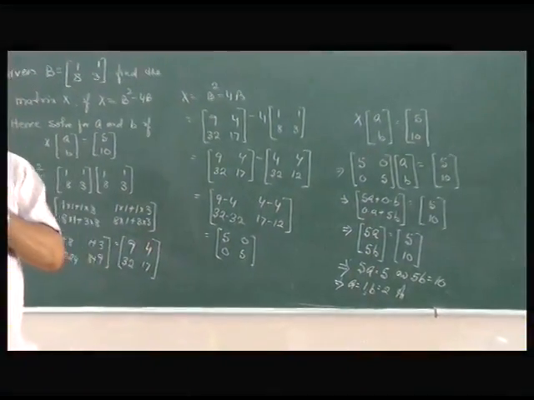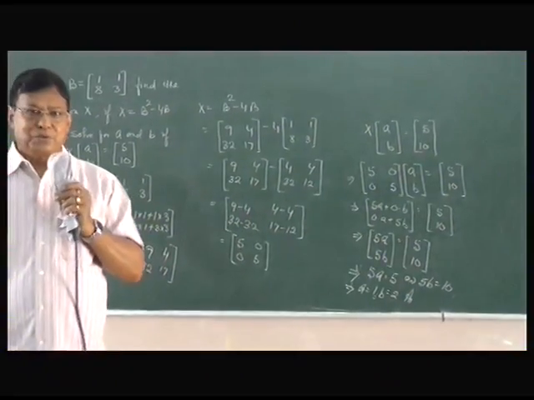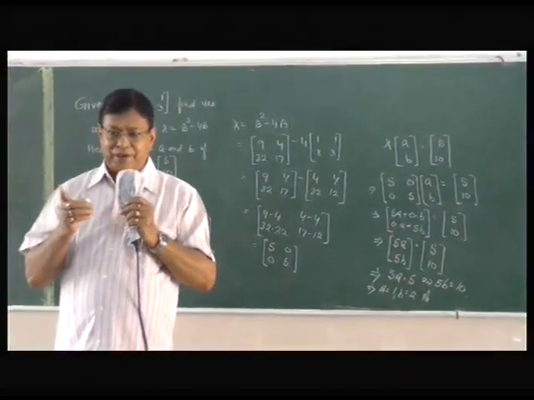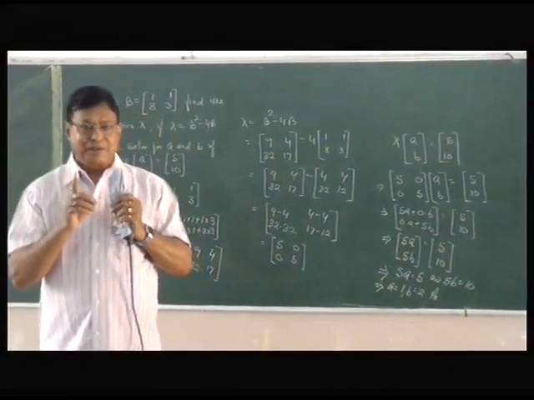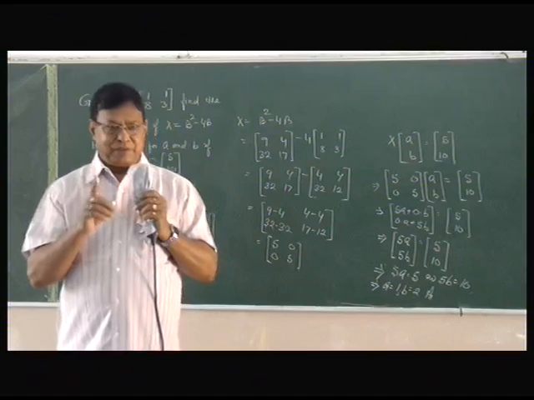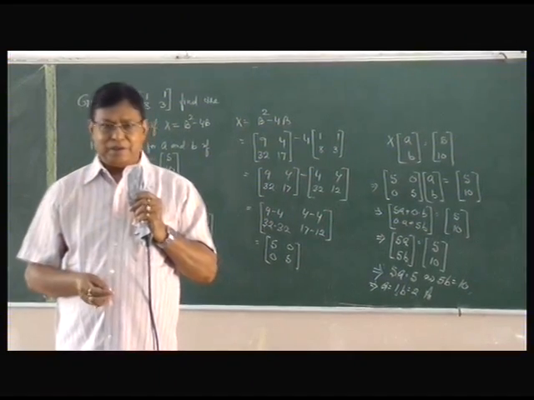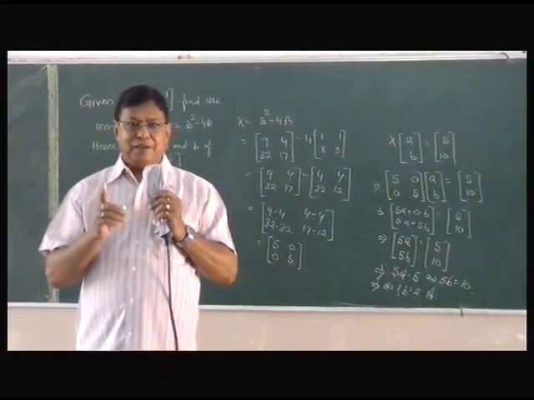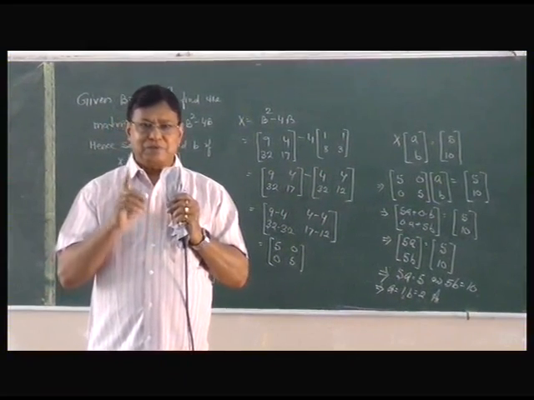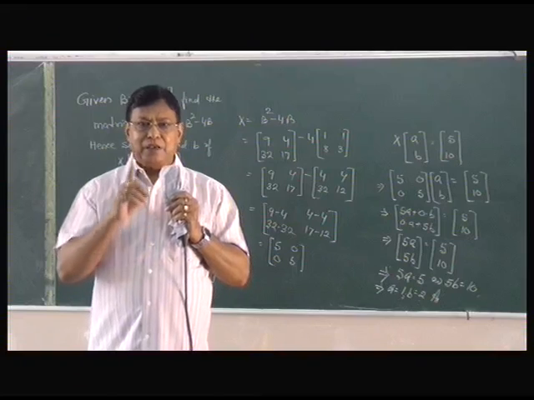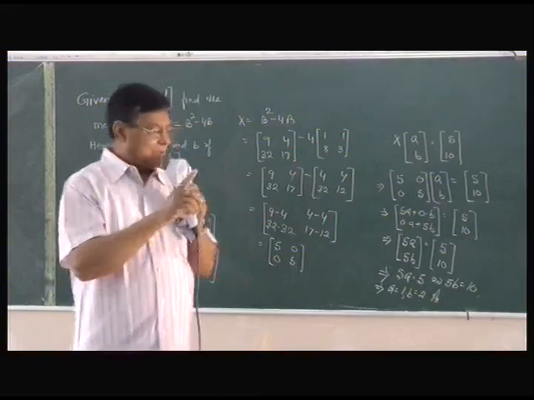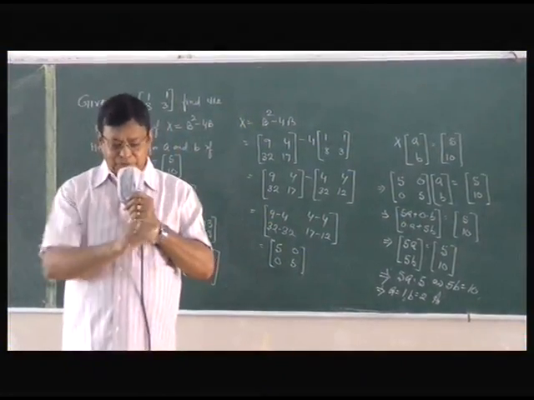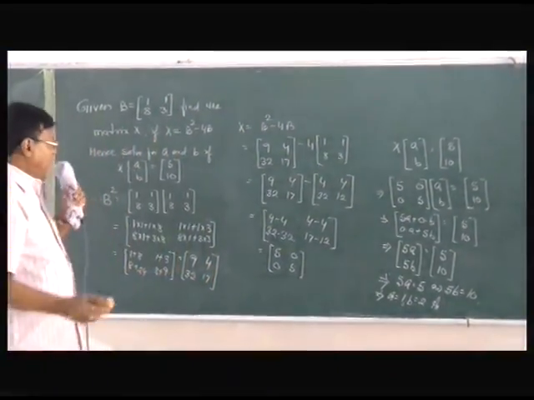So I repeat, in the two sums which I did, I go back to the matrix in the beginning. What all we did? Multiplying a matrix with a scalar. We have done it. Multiplying two matrices together. We did that. Addition of matrices, subtraction of matrices, equating the two matrices. Right? So this is all about the chapter. I'll just do one or two more sums with you. So the next one.